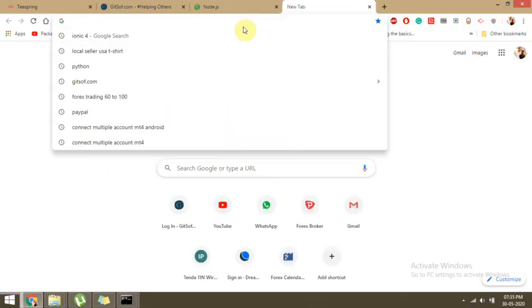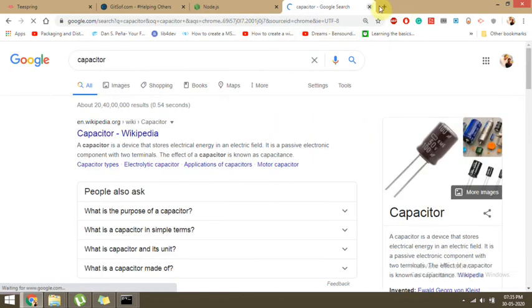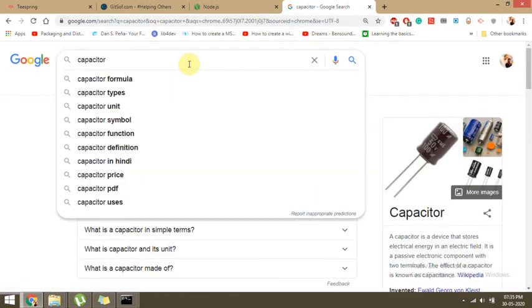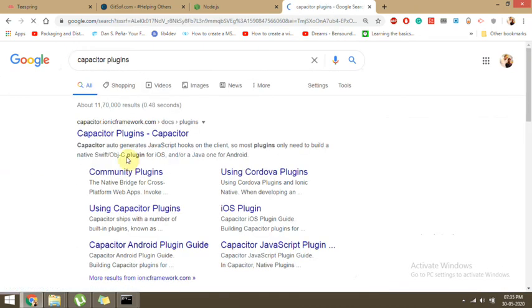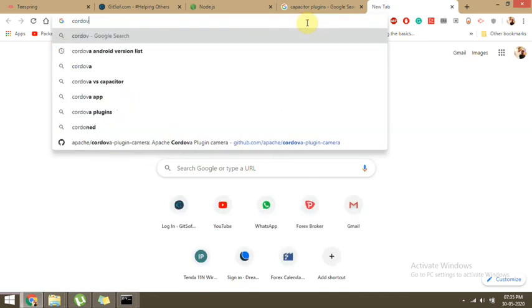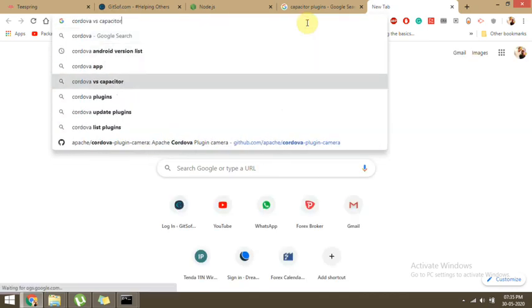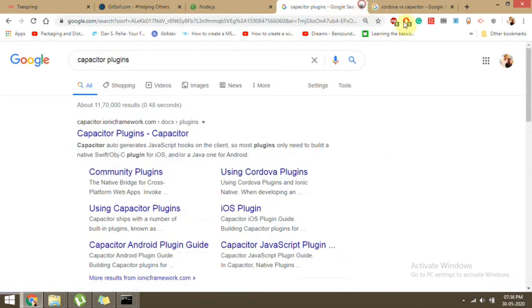One is Capacitor, whose plugins we can see in the docs, and it is also maintained by the Ionic team. The second one is Cordova. For Cordova plugins, you can check on Google if you want more depth.